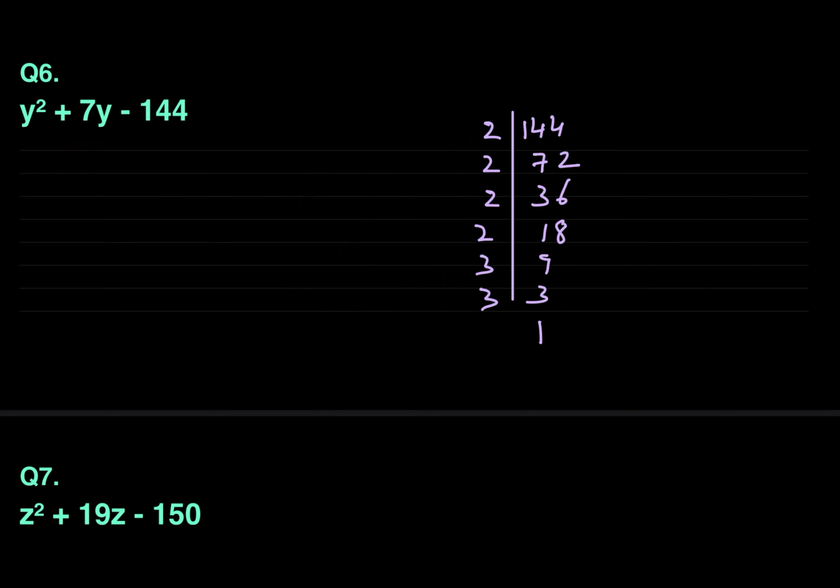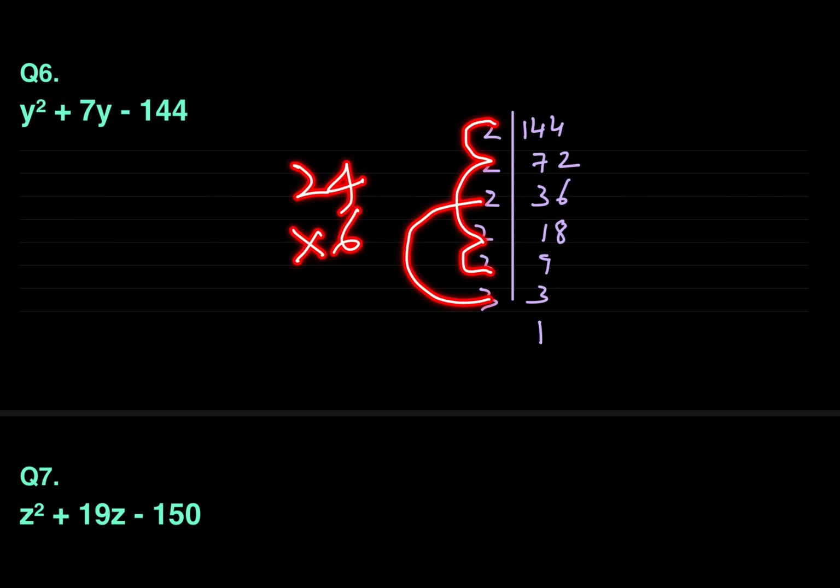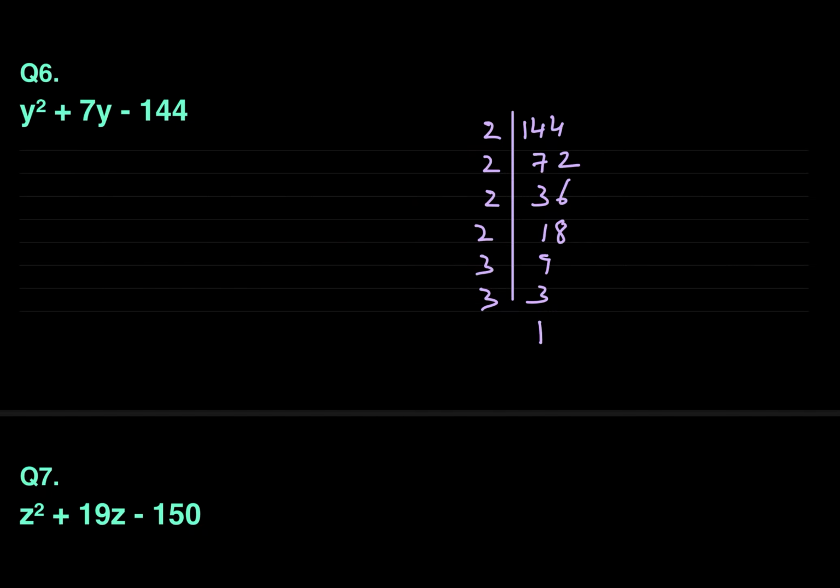Next one is you can also choose 3 twos are 6. 6 and then the remaining ones. 2 twos are 4, 2 fours are 8, 3 eights are 24. 24 into 6 also gives us 144. But this also doesn't bring 7 as the answer. Next one, 3 threes are 9. Okay, 9 and 2 twos are 4, twos are 8, twos are 16. 16 into 9 is also 144